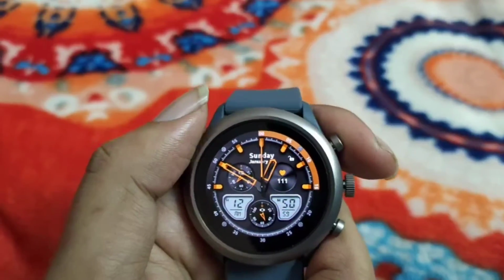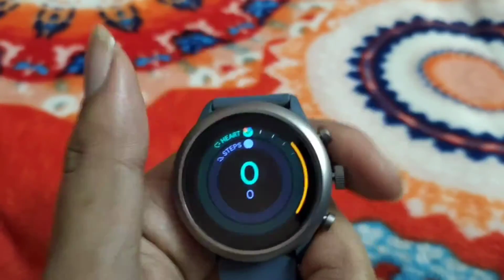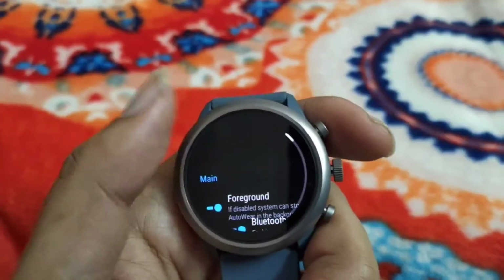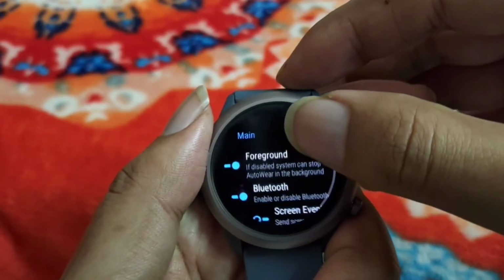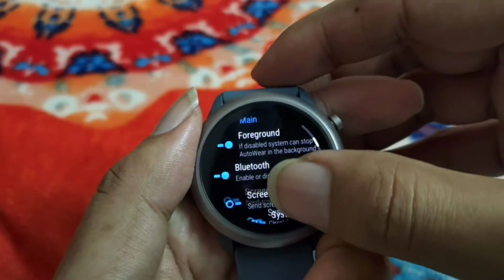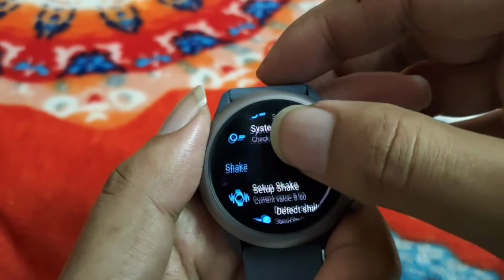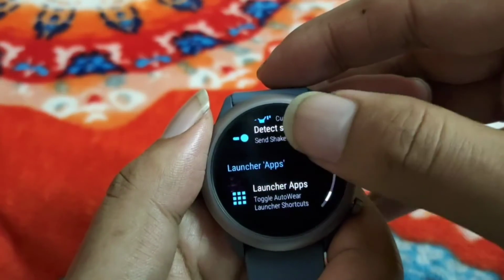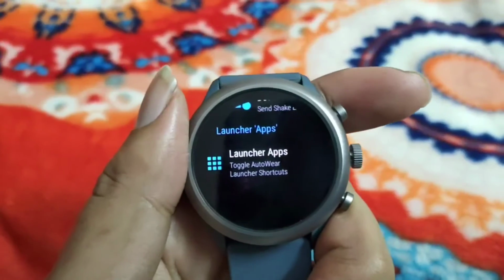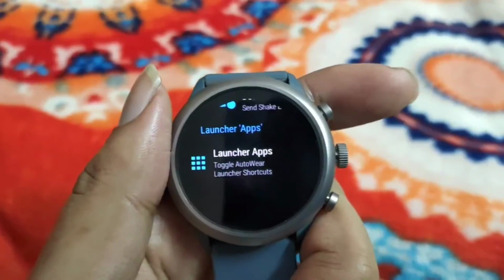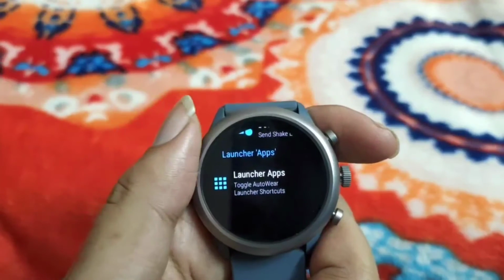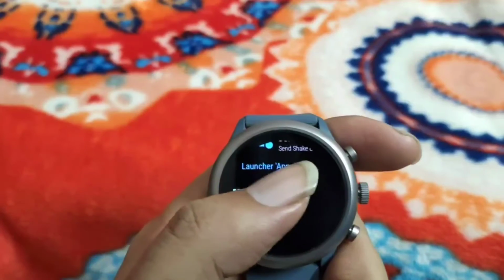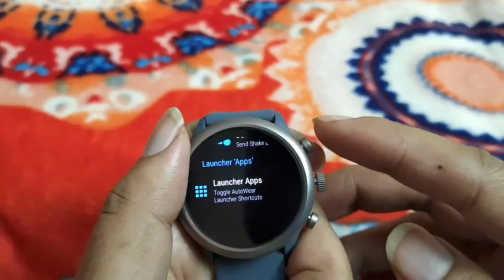The way you can do it is, after installing AutoWear, you need to go to the AutoWear settings. When you see the settings, there are a bunch of different things available to use for execution. There is shake and everything, but the thing you need to focus on is the launcher apps. What AutoWear does is it creates some virtual applications which can be assigned to this button.